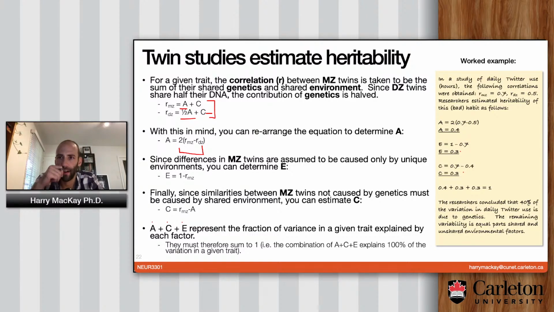So I'll leave it there. I think it's probably just not worth getting into in a great deal of detail, because we don't really talk about twin studies too often. But I did go to the trouble of working out an example for you by using a made-up tool. So please take a look at this slide on your own time and try to read through it and just get a sense of what's happening here, the way variance can be partitioned from these different causes.